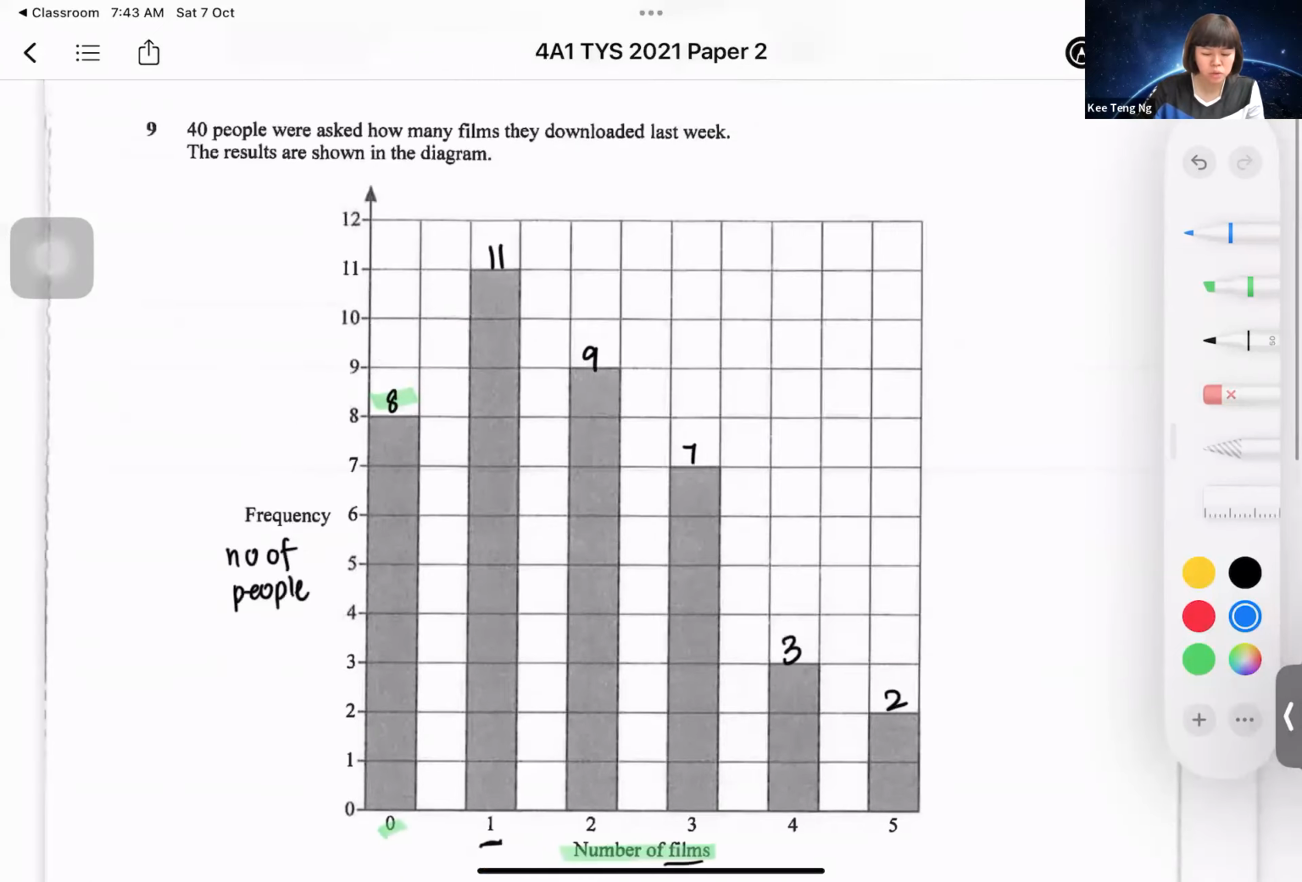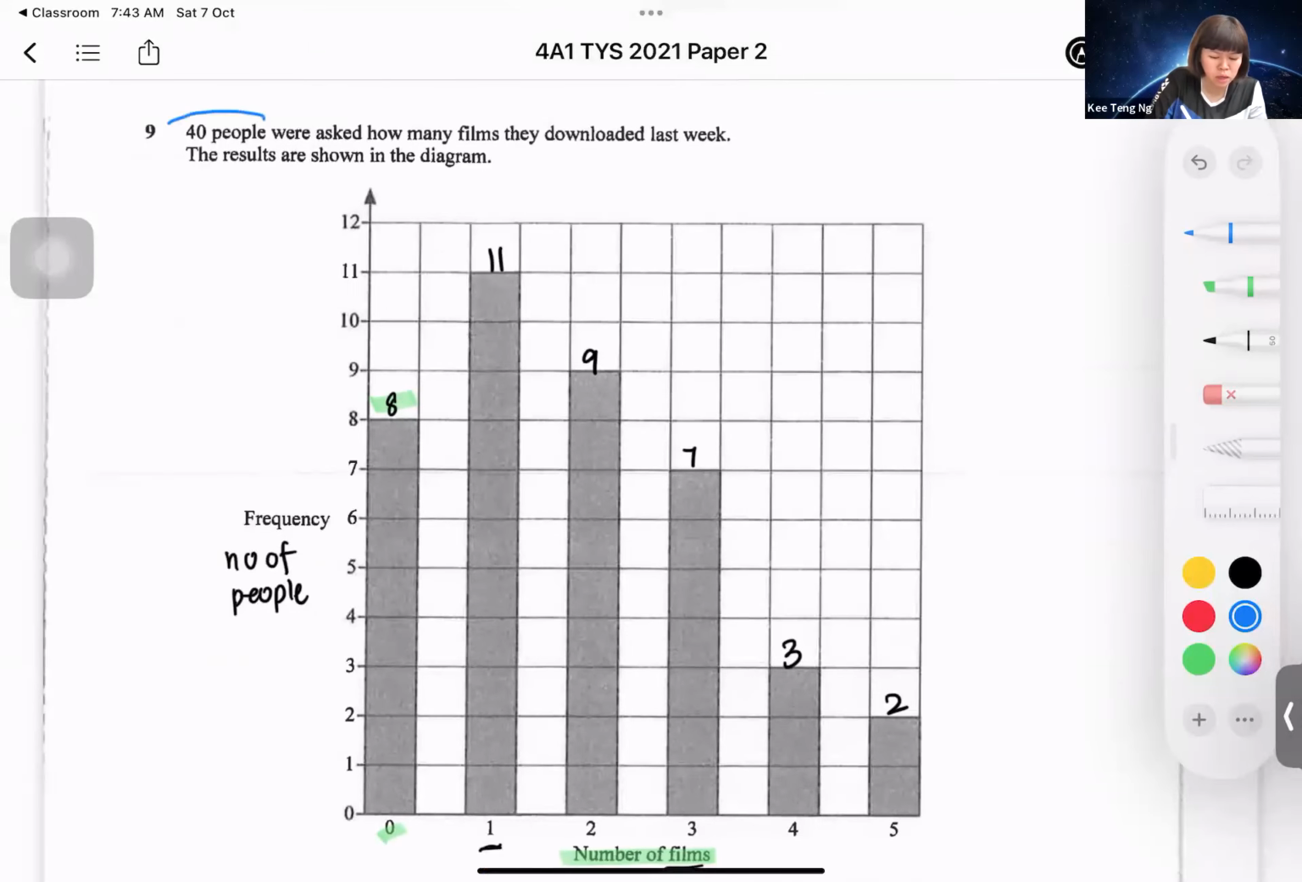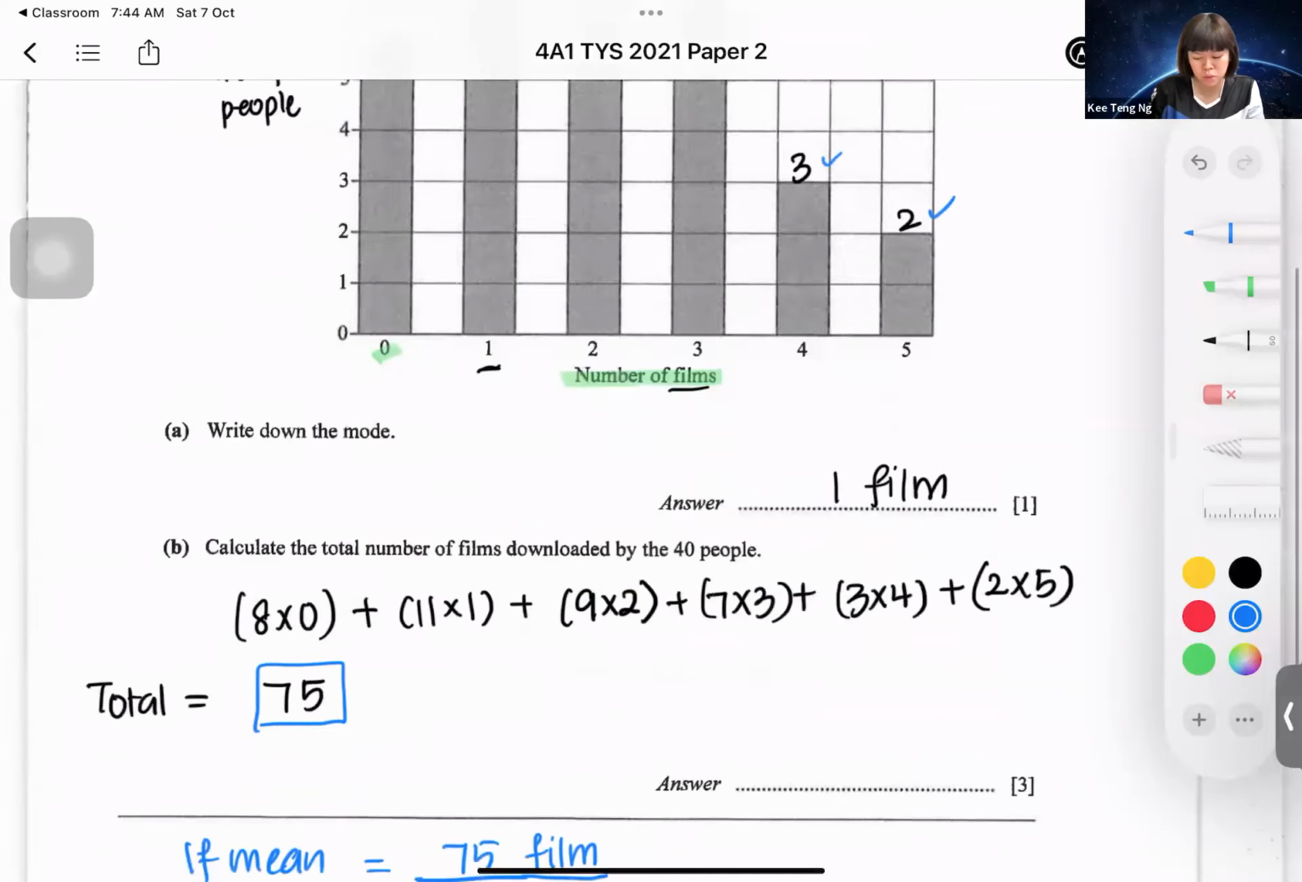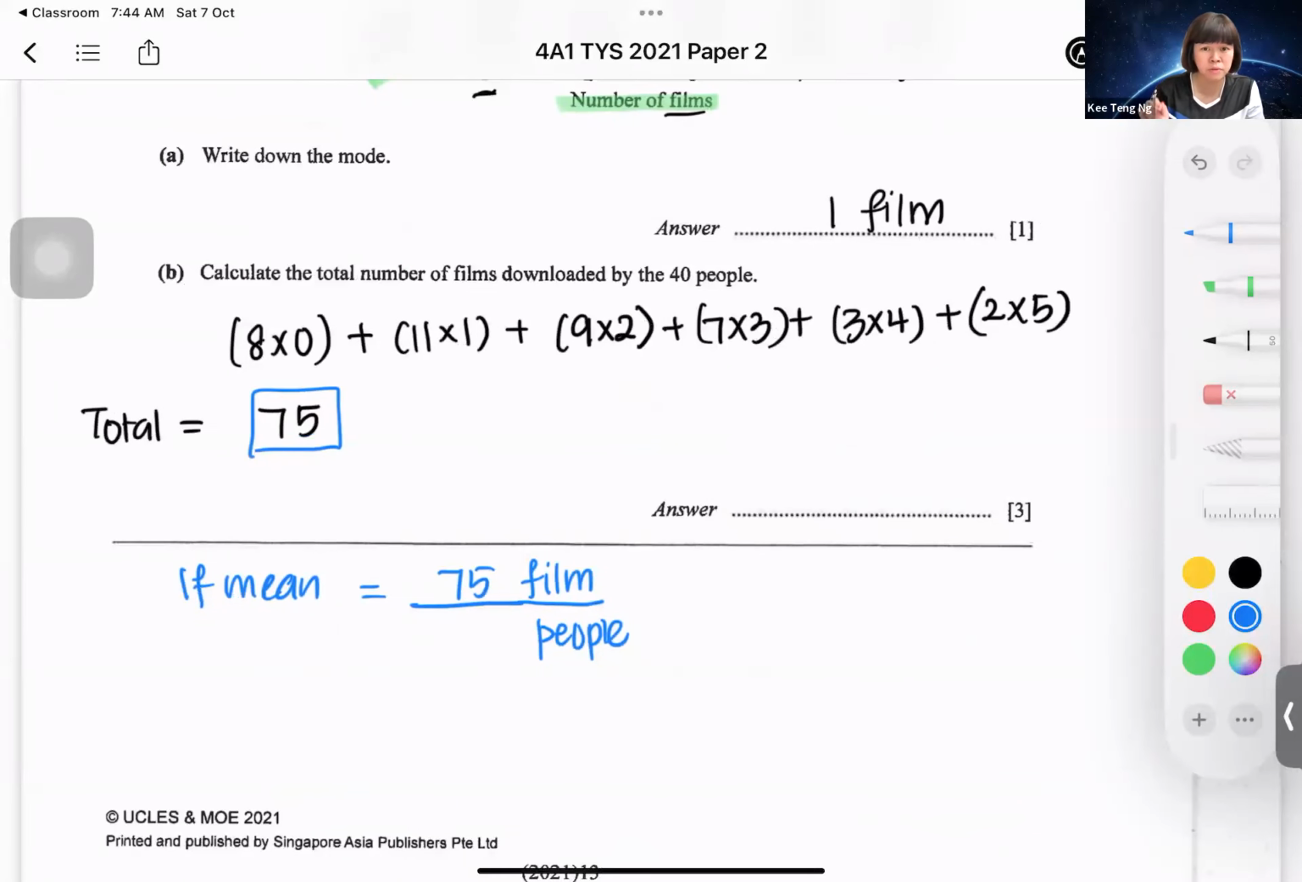So in this case, I'll need to find the total frequency, how many people. There were 40 people. How did I get the 40? 8 plus 11 plus 9 plus 7 plus 3 plus 2, you will get a total of 40 people. So the mean over here will not be 75 divided by 5, but 75 divided by the total number of people, which is 40. Then you get your answer,